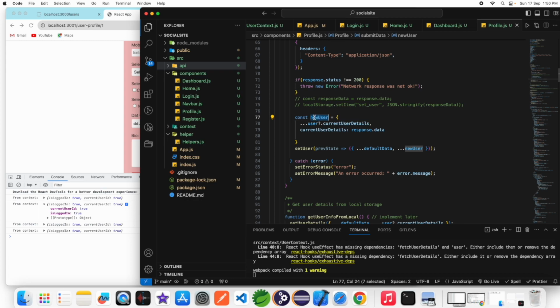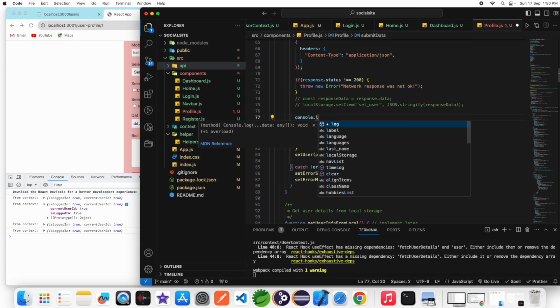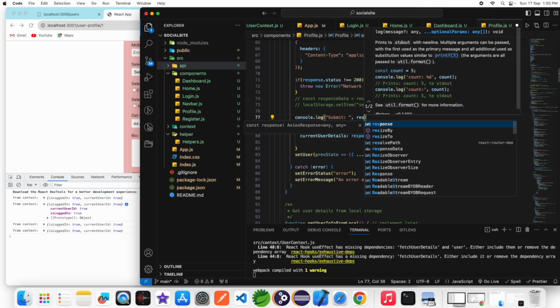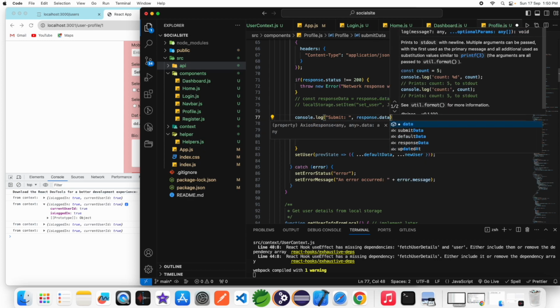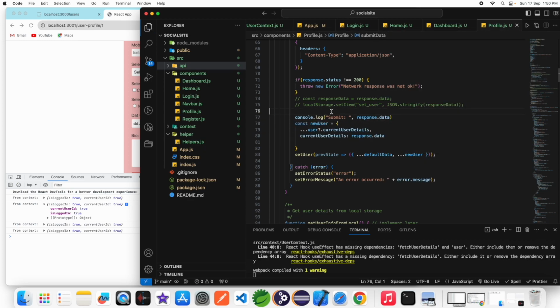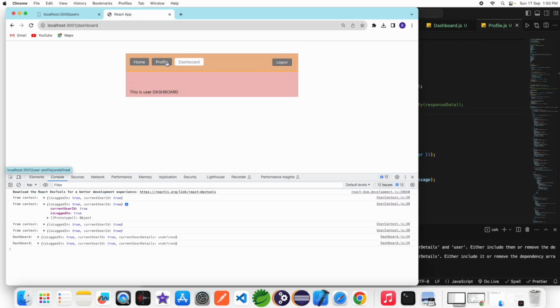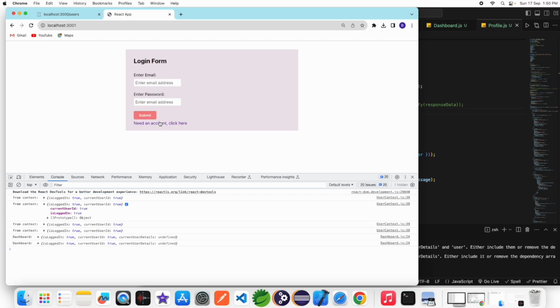So before setting, I make an object new user, and here I spread the current user details. First I want to check what response I have. Console.log submit response, then data. After refreshing all the state,